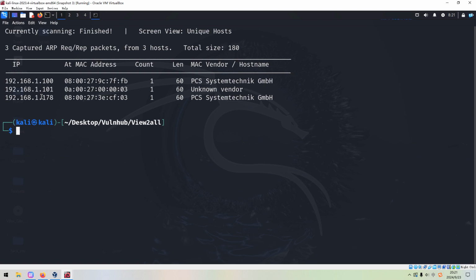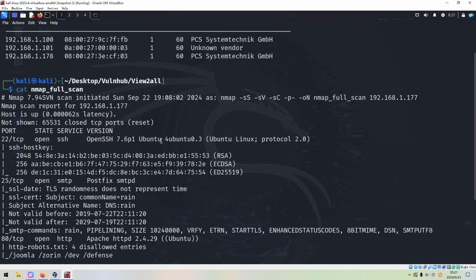So what should we do next? We need to do the port and service scanning with Nmap. To save time in this video, I've already completed it before, so for now we just cut out its result. As you can see over here, I used options like the SYN scan, the version scan, the default script scan, followed by -p- to do the full range port scan. The last option is -oN to output the result into this file. Although the IP address of the target has changed from the first time when I did the machine.